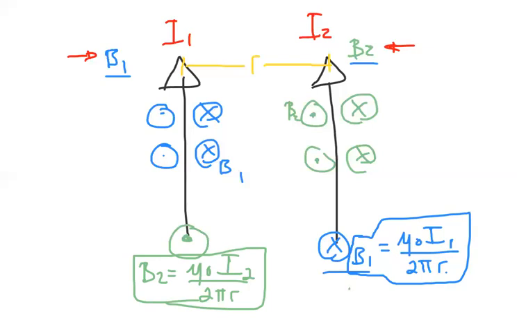So that's how we get the value for B's for both those at that particular distance away from each one. Just remember, B1 is coming from the I1. All right, don't forget that. B1 is coming from the I1. That's the source, and B2 is coming from the I2. Just don't forget that, all right? So now we can go ahead and write an equation for the force. So we know generically that the force between these is FB, again, generically I L B sine theta, but we know that